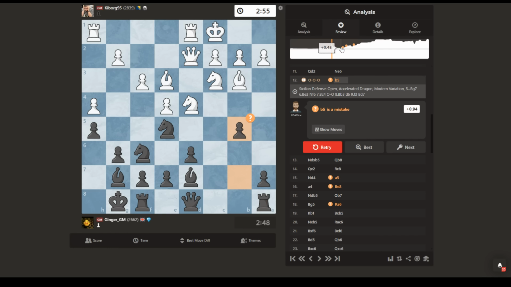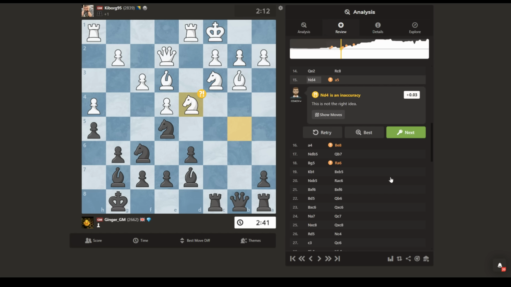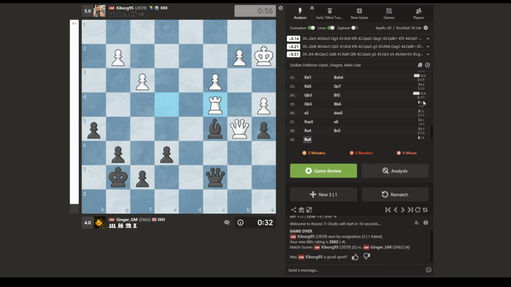But the only chance, it seems, I had was here. Because after this moment, after this moment, it all goes wrong for me. And actually, A5, not the right square, right? I played this very quickly, but it allows him to get this hold on B5. So if we go back to that moment where I played A5,